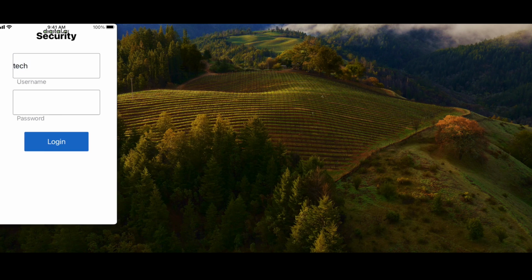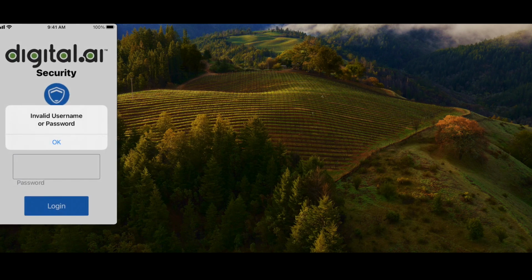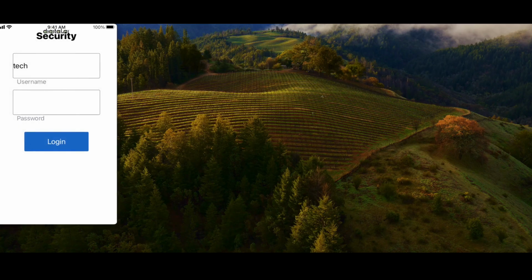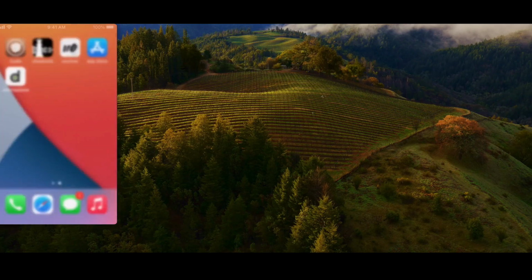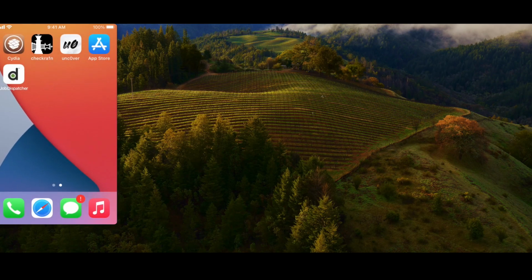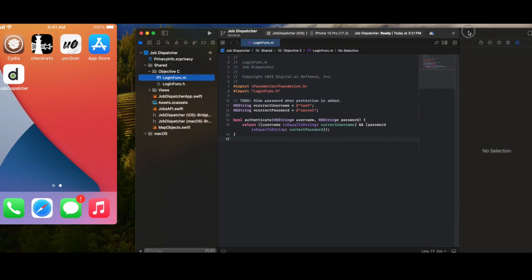Now if I use tech as my username and I just put in a wrong password, it checks that and shows there's an invalid password. If I put in a correct password, which in this case is the word secret, and you can't see it on the screen, but I am typing it in, then it does log in successfully. And so what I want to do is take on the role of an attacker that's going to try to bypass this basic check. To start, why don't we look at the source code